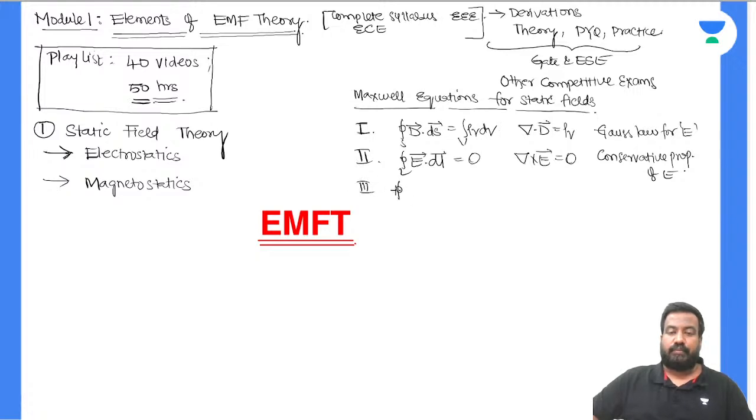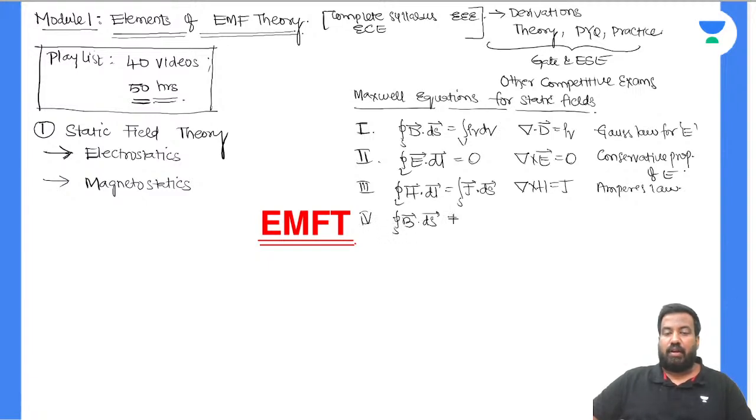Third equation: closed loop integral of H dot dl is equal to surface integral of J dot dS. You get del cross H is equal to J. Source: Ampere's law. Fourth equation: closed surface integral of B dot dS is 0. Differential form, del dot B is equal to 0. Source: non-existence of magnetic monopole,